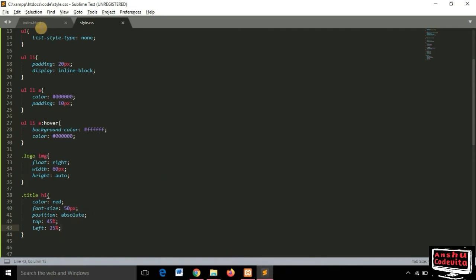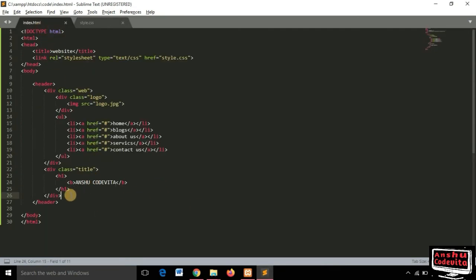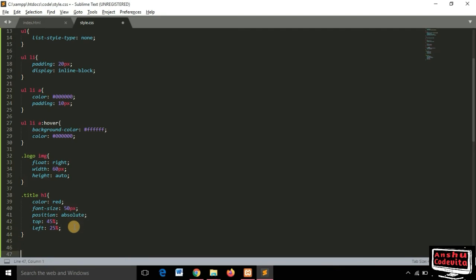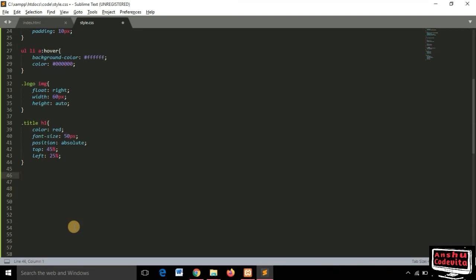So I will create one more option there. I will create another div, in that class name bottom, link to that nothing and type learn more, and go to style.css and give styling to dot bottom.